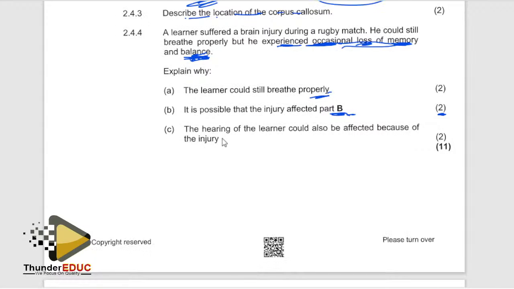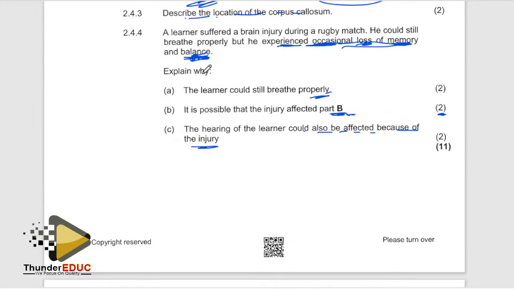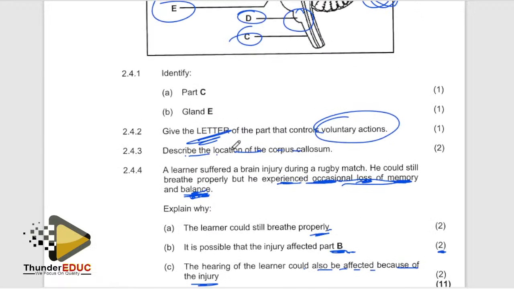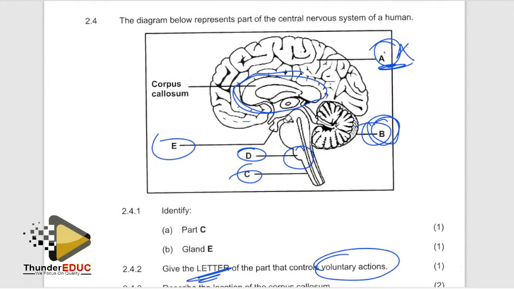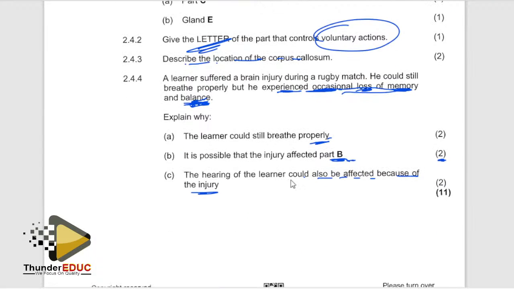2.4. C, hearing of the learner could also be affected because of the injury. Yes, hearing could also be. Explain why. The moment they ask you to explain, you have to tell us exactly. Explain why the hearing could be affected. You come here and then you tell us hearing could be affected because they say that